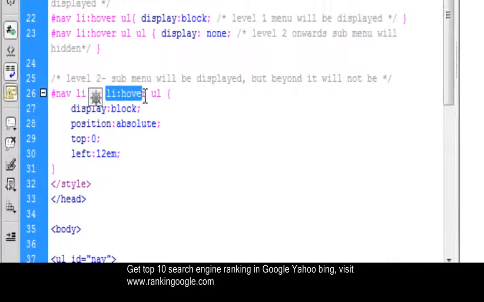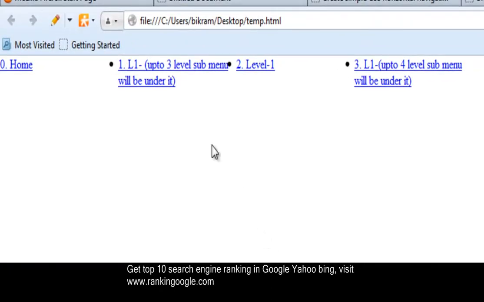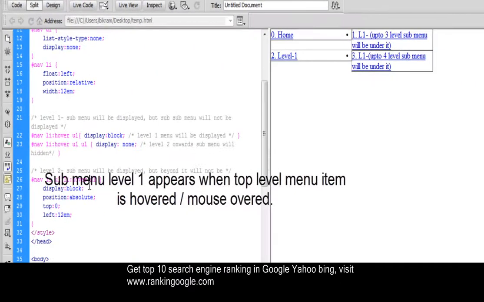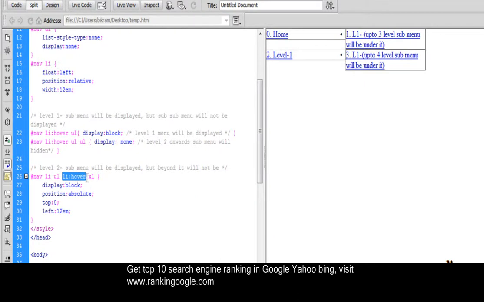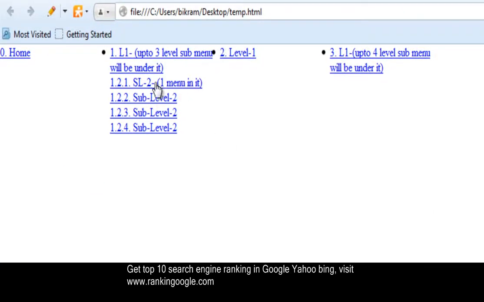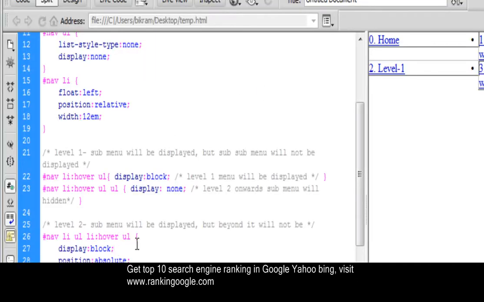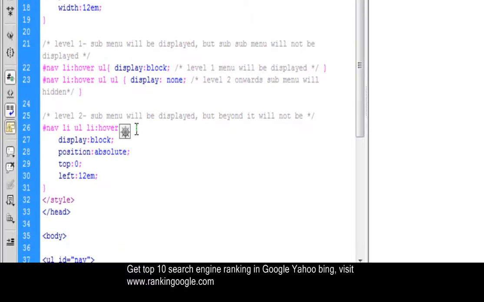And li hover, when I am mouse hovering, is mentioned here. Any submenu under this menu will appear here, that is mentioned here as display block. You will display block, and any submenu beyond this will not be shown.